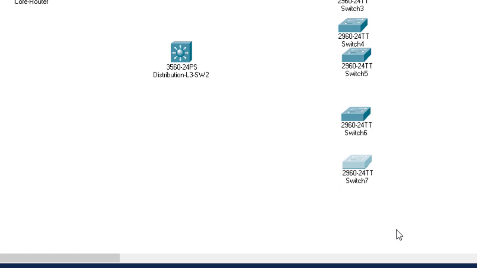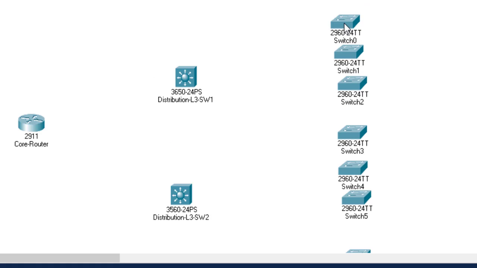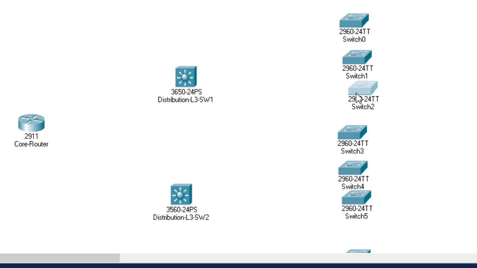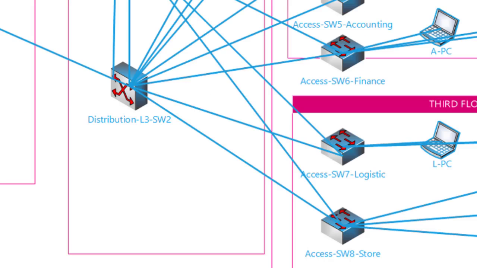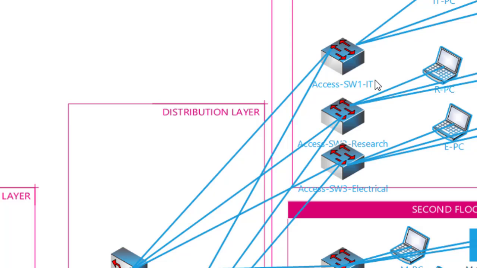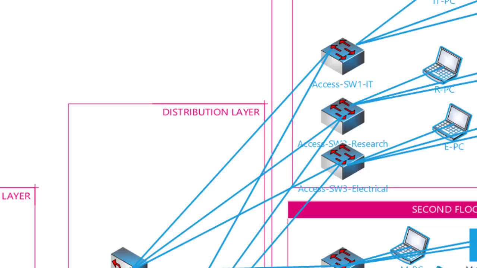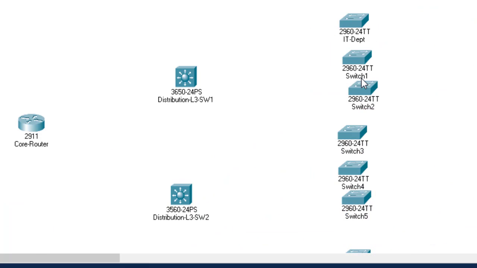And it's good to name your devices, right? It's really good to give a name to your devices. So for the case of our first switch, how did we name it? We said it's access switch 1 IT. Okay, so for the case of packet tracer, I'll just say IT department, like that. Then the second department was research department, then electrical department,